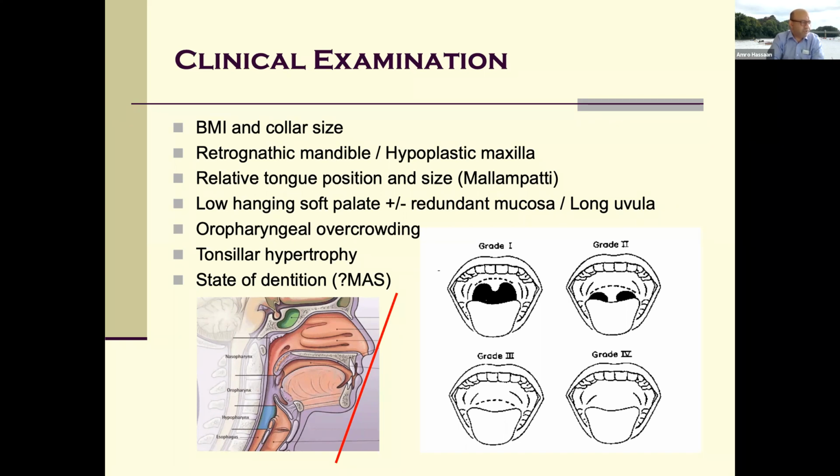You may have redundant mucosa, floppy around your uvula and along the uvula itself, which in its own right can cause turbulence in the air, and it's like a little weight on the bottom of your soft palate. If that's being shaken, then it itself swells up, increases snoring, and can cause that problem with obstructive sleep apnea. Overcrowded oropharynx, I've got a picture for that, as well as the tonsils. If you've got bad teeth, then that causes a problem with getting a mandibular advancement device, which we'll talk about in a moment. So state of dentition is also important.